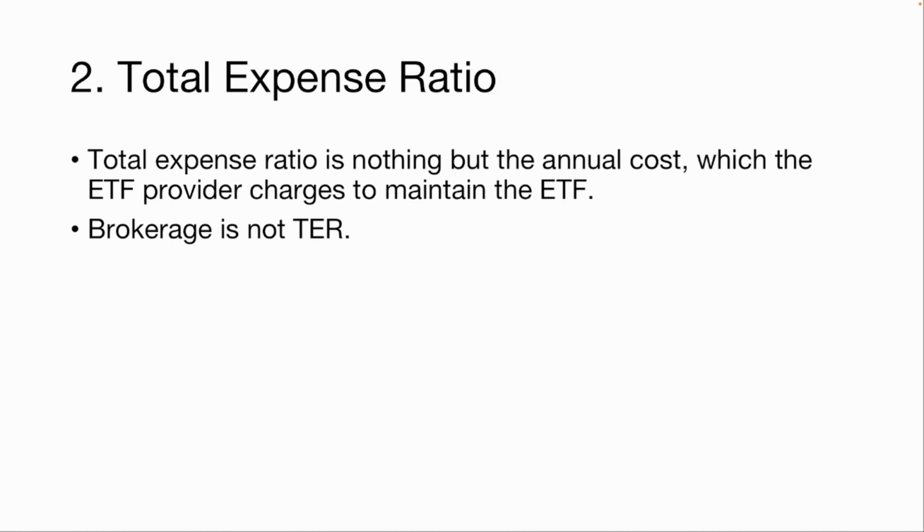Total expense ratio is nothing but the source of income for the ETF providers to maintain the fund, the marketing, filing the regulatory compliance certificates and so on and so forth. It is really important for you not to mix this up with the brokerage fees. The broker charges you when you enter and exit a fund. That is something for the broker, and the total expense ratio, which you don't really see physically in a bill or any transaction, is something that goes indirectly to the ETF provider.